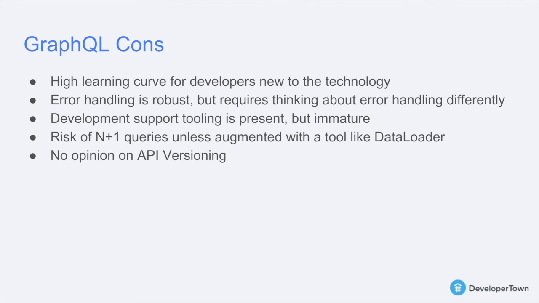There is a really high risk of N+1 queries. What we mean by that is I asked for a list of articles, that's query 1. And then I went through and I needed to get the author for every article. So then I'm going through and asking for author 1, author 2, author 3, author 4 as I go down. This can be really slow, obviously, create a lot of load on your database servers, a lot of memory usage